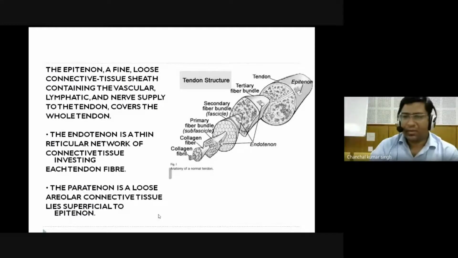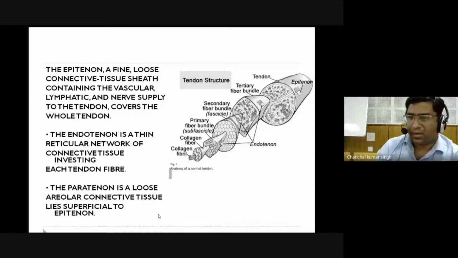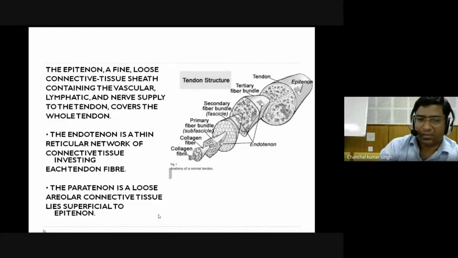Similar to a nerve, you have the core bundles, collagen bundles. You have epitenon, you have paratenon, and you have endotenon, as you have in a section of a nerve. Basically, the further out you go, you have the inner bundles, collagen fibrils, then collagen fibers, and then a fascicle or a bundle. So these three are the microarchitectural subclasses. Basically, these are not visible to the naked eye.